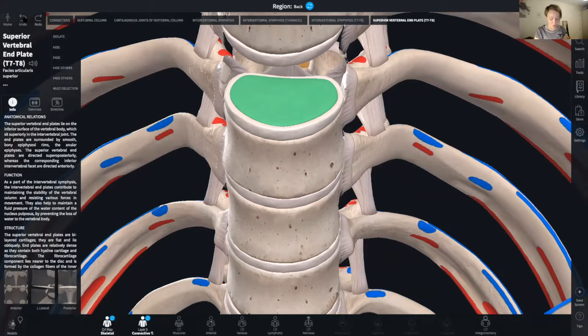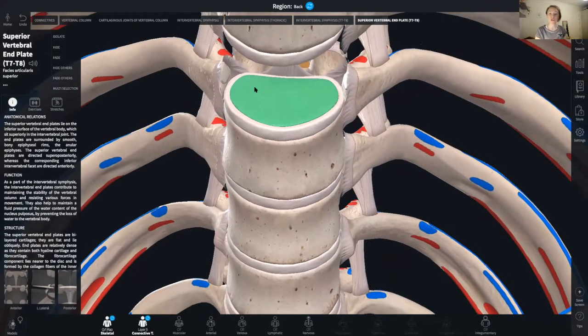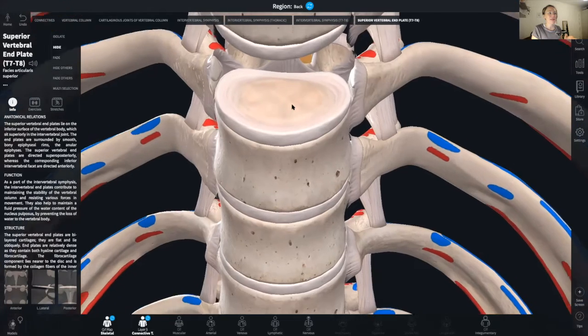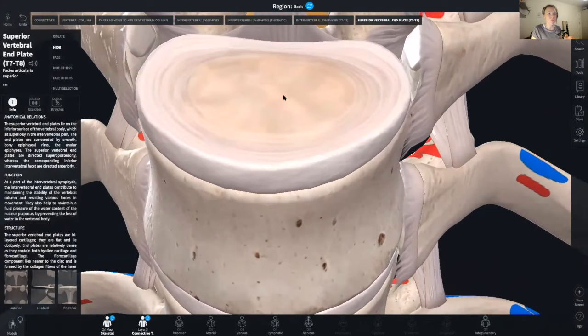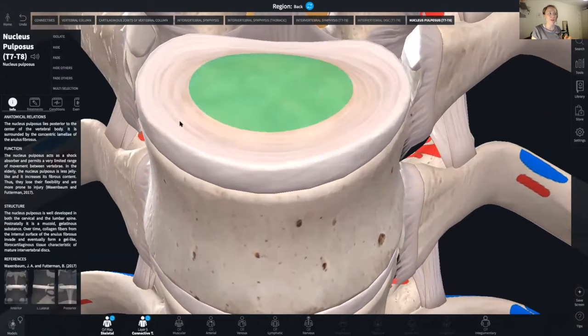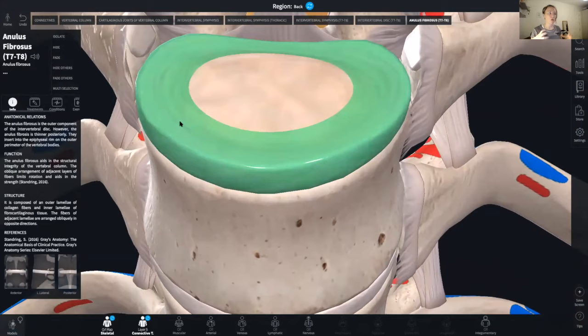Now, let's have a look at the function of discs. So you probably already have a good idea of what the function is. As we've discussed at the beginning, there's a somewhat cushioning and shock absorption. It divides the bones to make it safe for us to actually put weight through the spine. But also, if you look at the way that the two inner parts work, so you've got the jelly-like bit and the fibrous bit, they work almost as